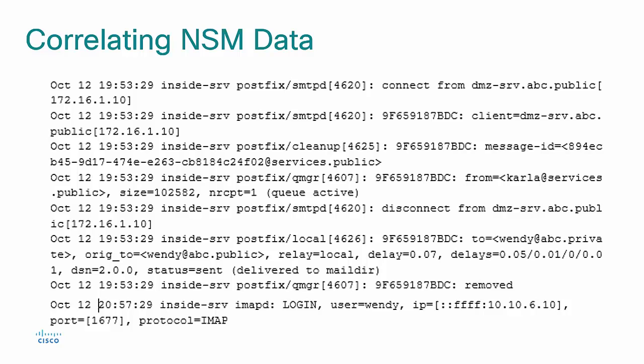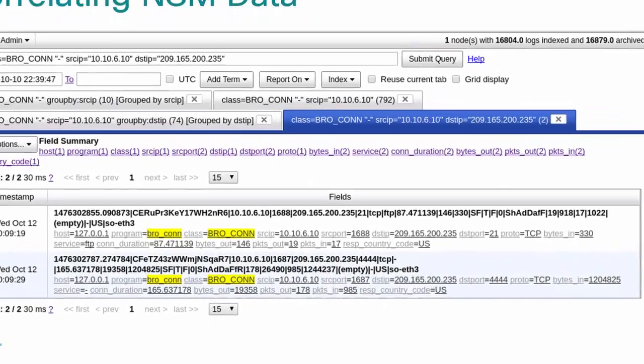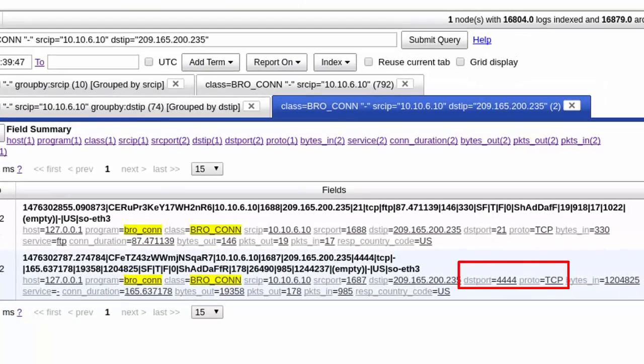Session data can be used in the next step of the analysis. The analyst knows the suspicious email address and Wendy's IP address. And querying session data for that conversation confirms that there has been some activity, so let's look at that. As shown here, one of the conversations is to TCP port 4444, which is likely a command and control channel. The other conversation is to TCP port 21, which is a standard FTP port, so there may have been data